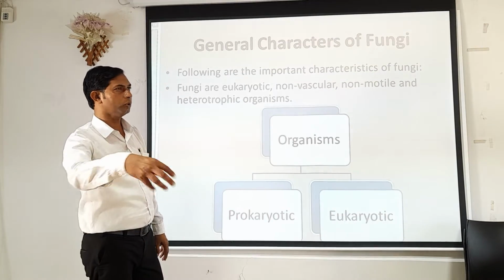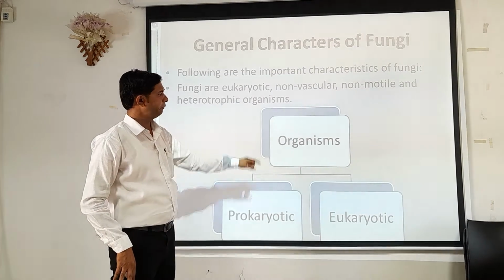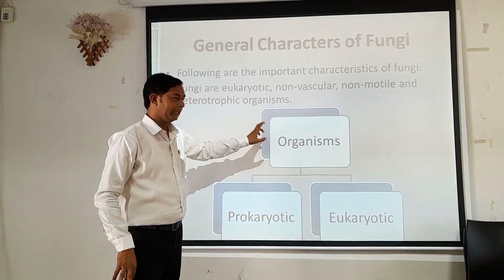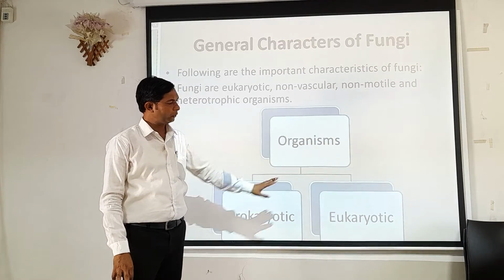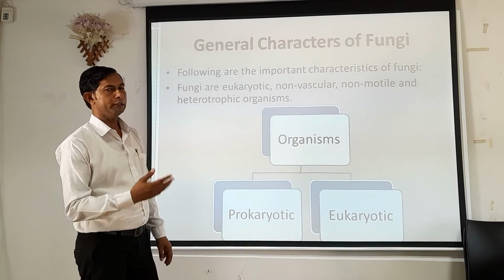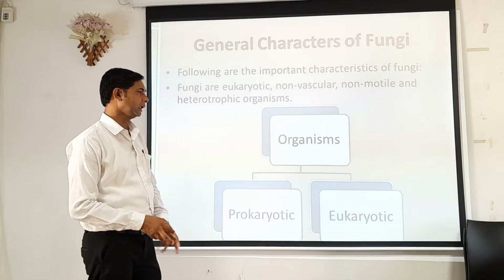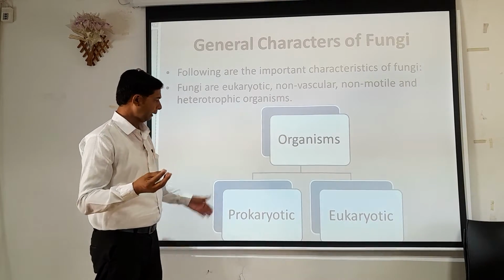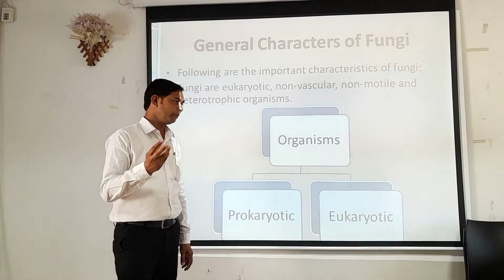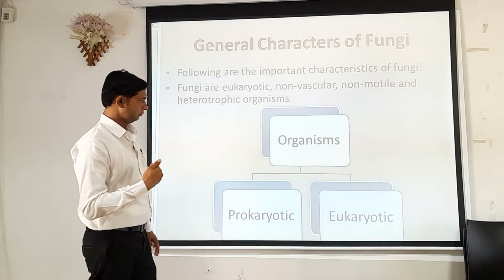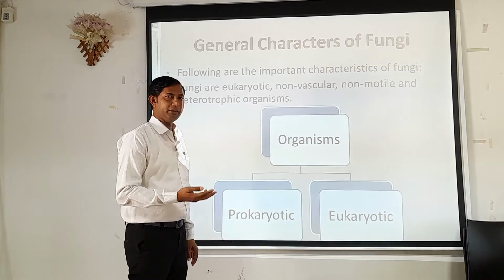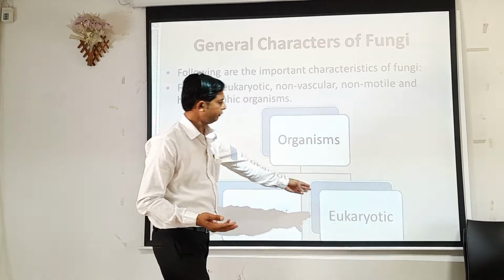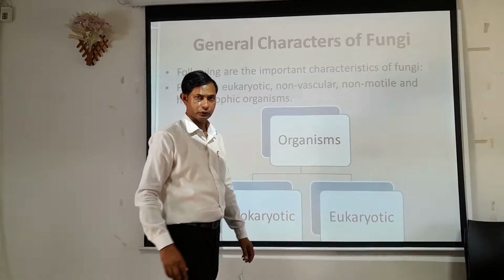So take a look towards human beings. Human beings are organisms and they are included either as a prokaryote or eukaryote. Now what is meant by eukaryote? Eukaryote means developed nucleus, and pro means not that much developed. So human beings have a well developed nucleus, so obviously we can add human beings in eukaryotes.